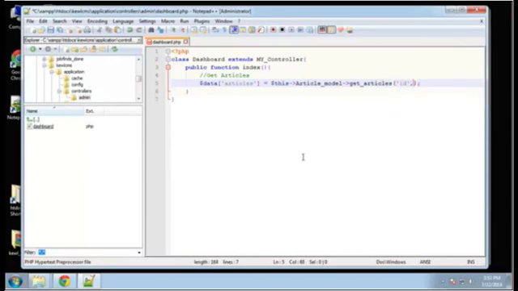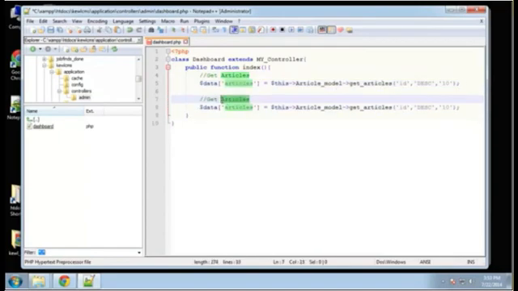Okay, so that's what we want to order it by, and we want it to be descending, and let's get 10. We'll get the latest 10. Alright, so that takes care of the articles. We already created the get articles method in the model. So let's just copy this,